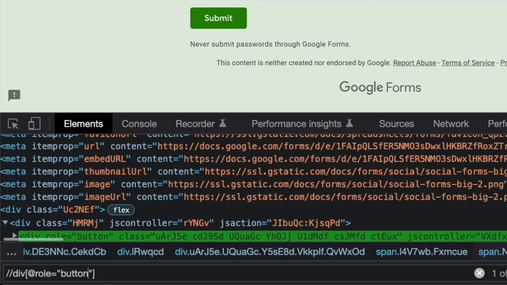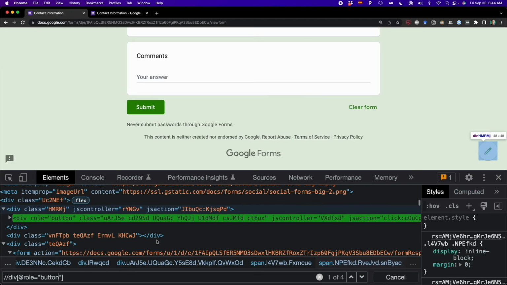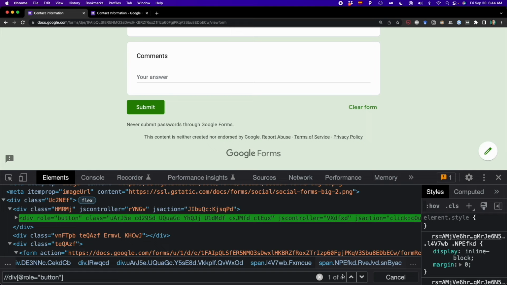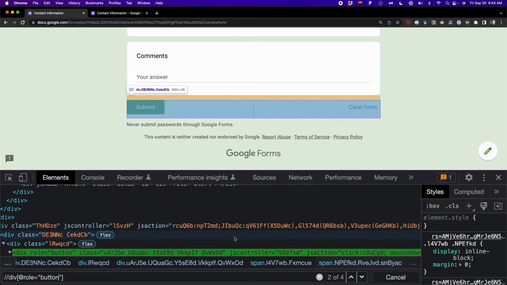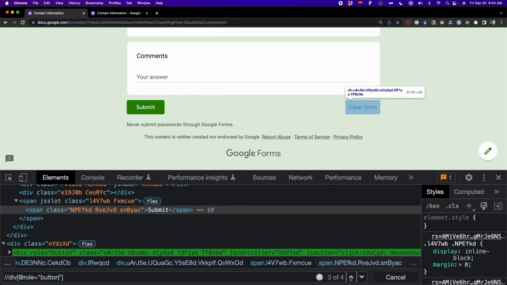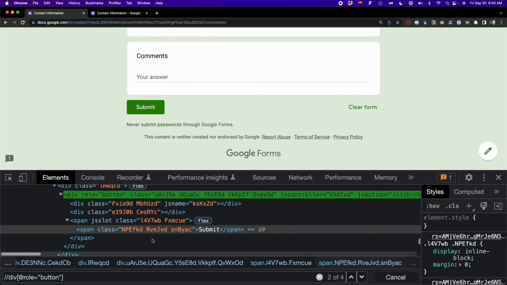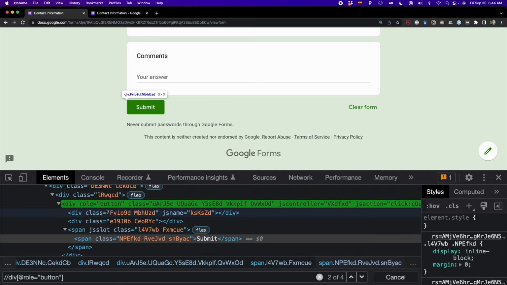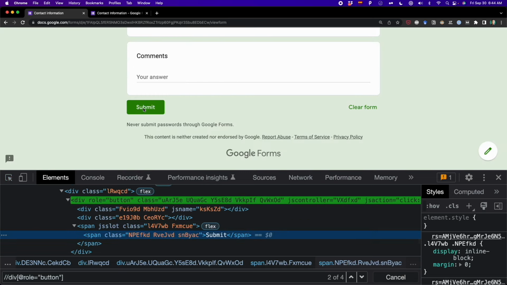This is basically the element that we had before. And we see here that we have 4 elements with the same XPath. Now let's navigate, and one of those elements is the green button, and it's actually this one. So here you see div, role, and button. Apparently there are other 3 elements with the same XPath, and that's why I need to use the submit word that is here. So now I continue, and I write